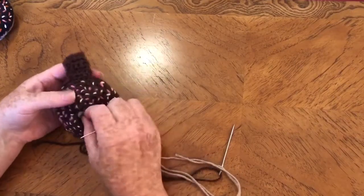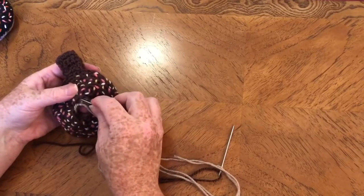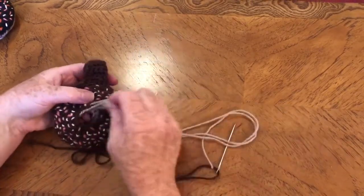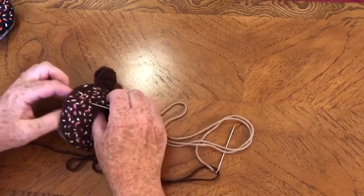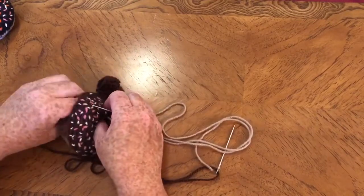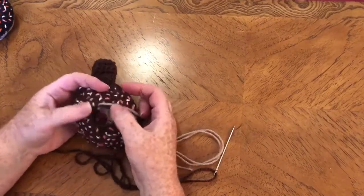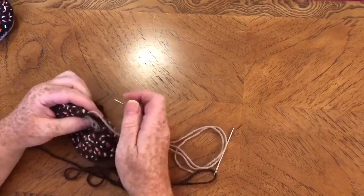Don't know if you can hear my grandson, he's having a bit of a moan up there. I've got the microphone working today, so hopefully you'll find it's making a difference, although it is on the other side of the phone, the way it has to fit in my tripod. Right, so